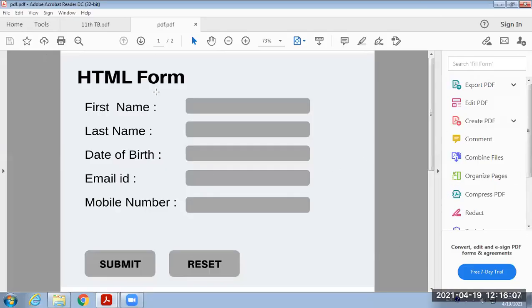Hello students, today we are going to study one new and very important topic in web page designing, the form. You already know this concept of form. Here some information is provided and regarding that information we are inputting the data. This is known as the form. The basic purpose of this form is data collection.